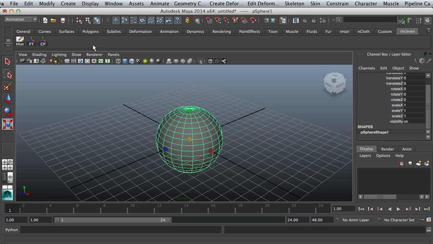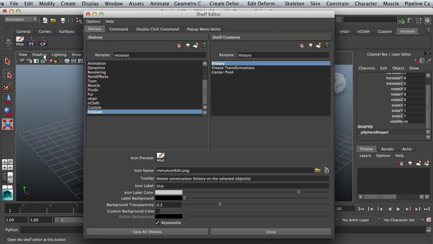So what if I want to rename our shelf? Well, I can right click on any one of these buttons and say open. Now we have our shelf editor. Everything you want to do inside our shelf is right here. So if I wanted to call this controls or